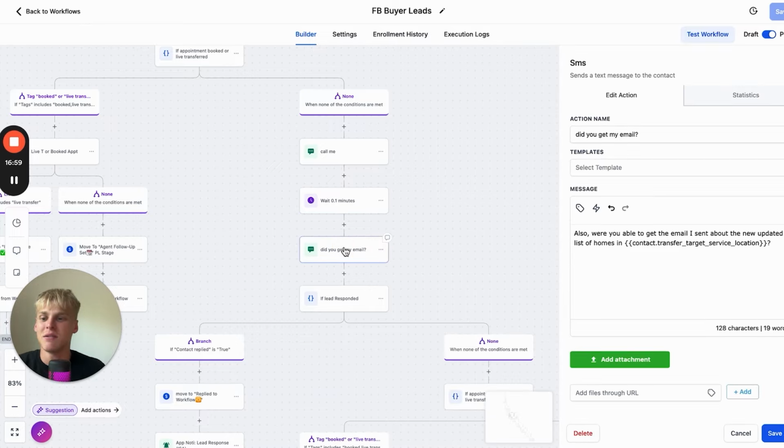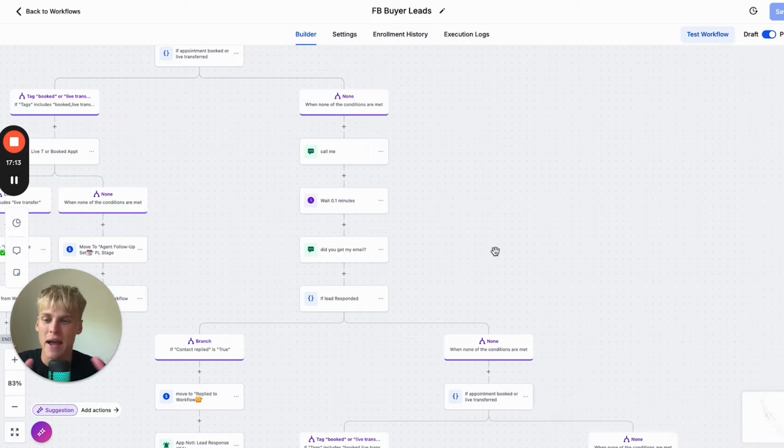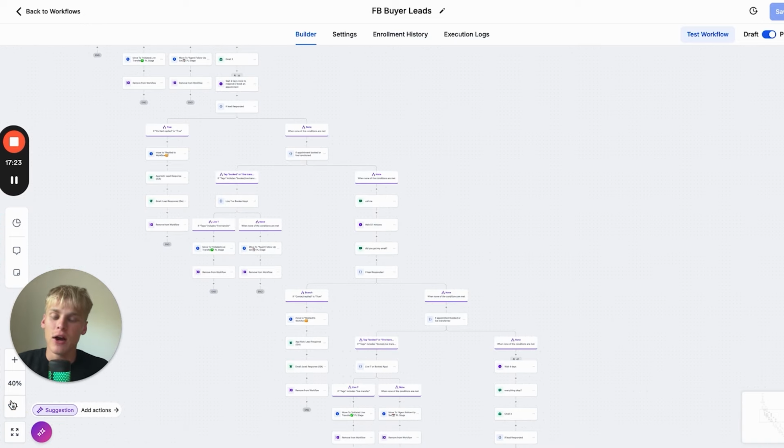Now what this does is make it seem more realistic, right? When you're chatting with your friends, I'm sure you do one text and then another second text to kind of finish what you were saying. That's what this replicates, to make sure that the lead doesn't completely think we're a robot. It interrupts a pattern of, oh, this person might actually be real. Let me respond just so they know I'm not interested, so I'm not wasting their time or something. And yeah, like I said, without going into too much detail, I just want to explain